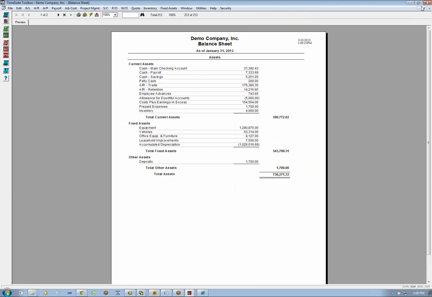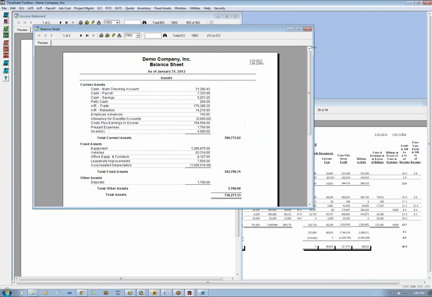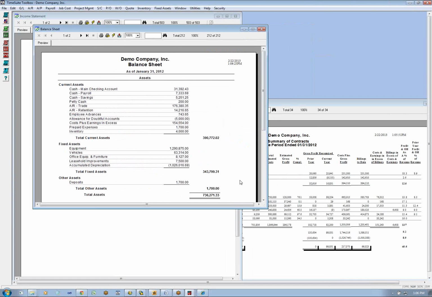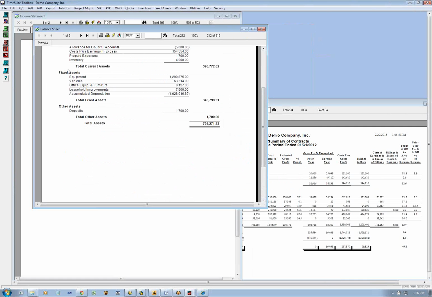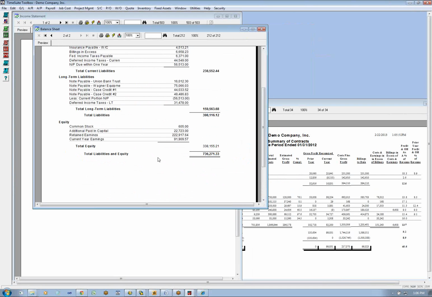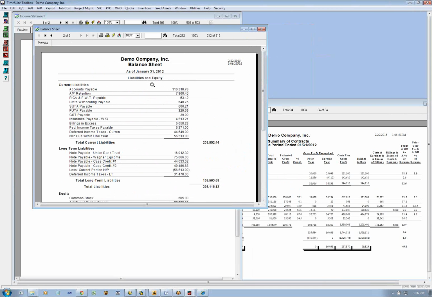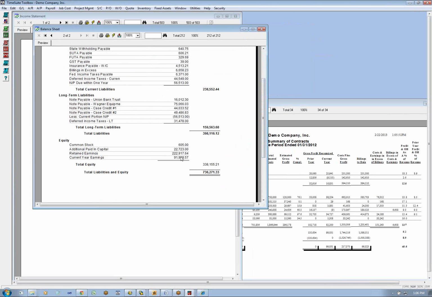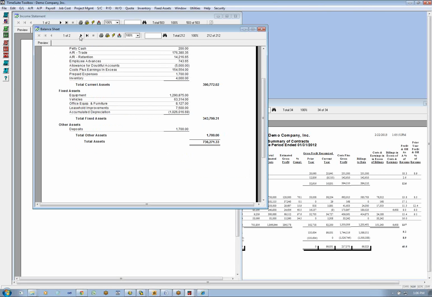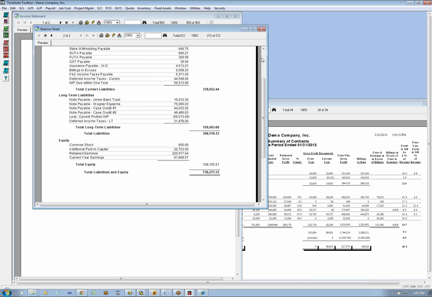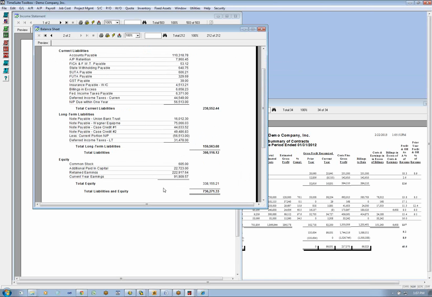So here's our monthly financial statement, January 2012. What we've done is make sure that our equity position is fair. If we make sure our equity position is fair at the beginning of the year and at the end of the period, beginning of the year being 12/31/2011 and end of the period 1/31/2012, then our net income is fair. Remember, the difference in your equity position from the beginning of the year to the end of the period is going to be your net income. So by substantiating our balance sheet at the beginning of the year, which would have been done by our CPAs, and then at the end of the period, you've basically proven your net income.